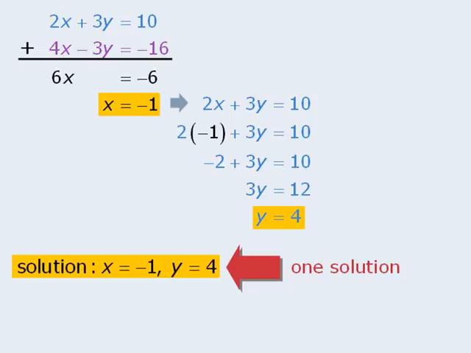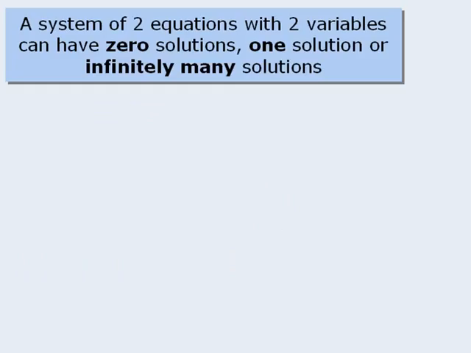Now, most of the systems you will encounter will have just one solution. However, it is important to know that a system of two equations with two variables can have 0 solutions, 1 solution, or infinitely many solutions. We have already seen systems of equations that have exactly one solution, so let's examine systems with 0 solutions and